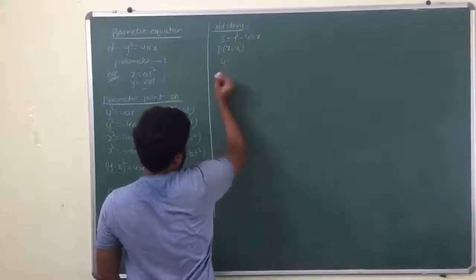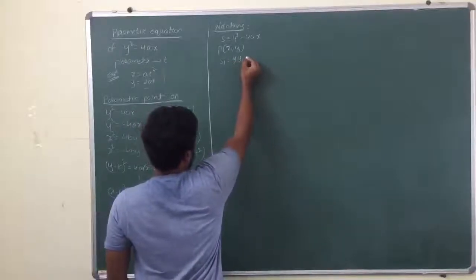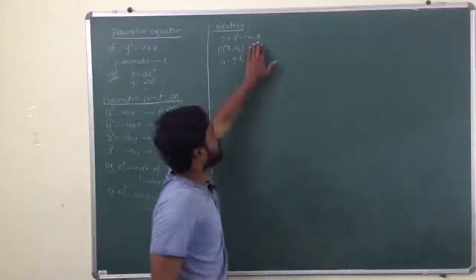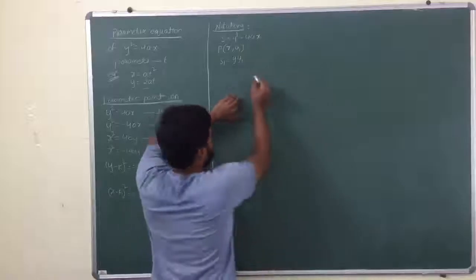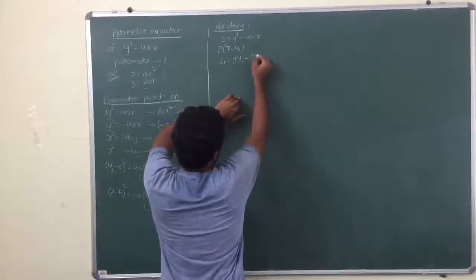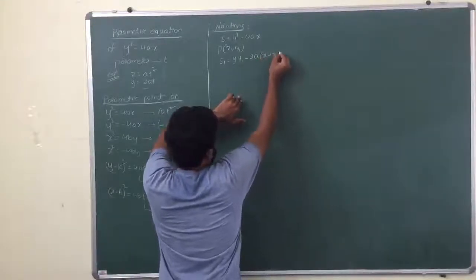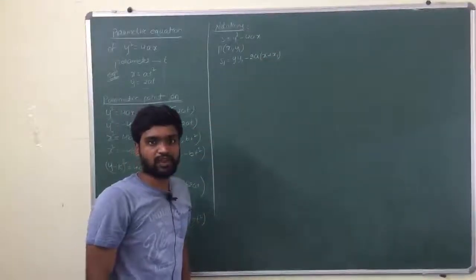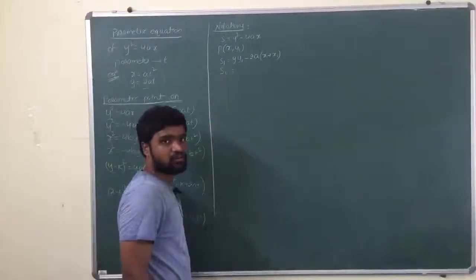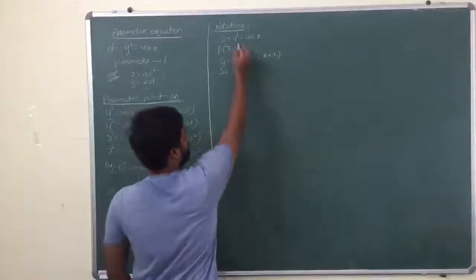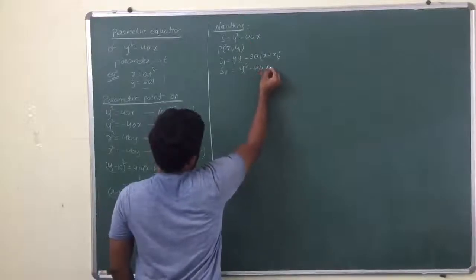So s1 will be equal to y1 y. I told you a trick: whatever is there here with respect to whatever is present here, just divide with 2. We'll get 2a of (x plus x1). That is s1. Now s11. Obviously, what is s11? Substituting the point in the expression, so that would be y1 square minus 4ax1.